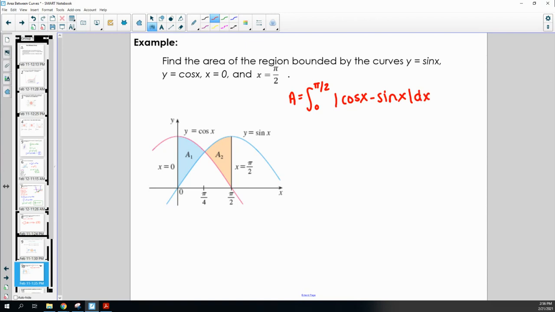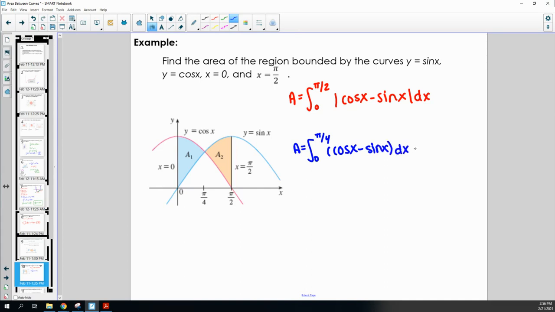Okay, so we have to split this up. So we always want the top function minus the bottom function. So from this A1 area, we can say that the area is equal to the integral from 0 to pi over 4. So we're only looking at this blue region. So 0 to pi over 4. The top function is cosine x minus the bottom function, which is sine x